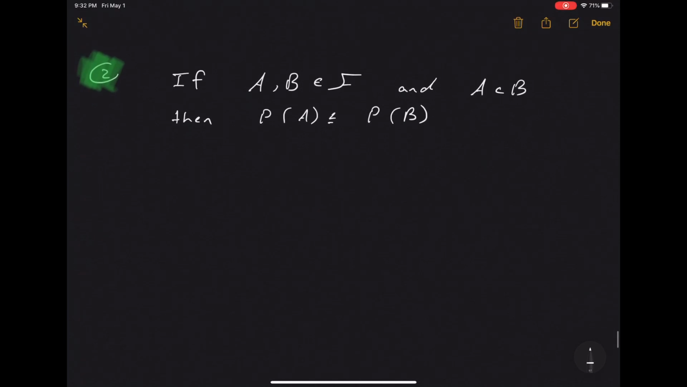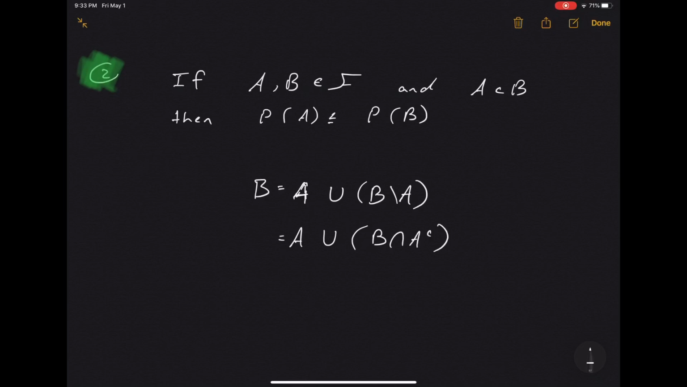Then we have, if A and B are in our sigma algebra F, and A is a subset of B, then probability of A is less than or equal to probability of B. Again, this could be derived directly from the axioms or from the monotonicity of measure, right? So let's see, we could have B is equal to A union B minus A, the set difference B minus A. And what is B minus A? Well, that is just